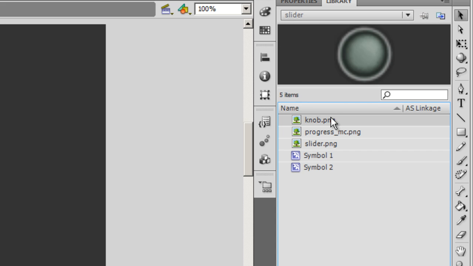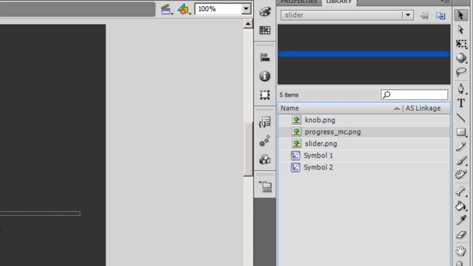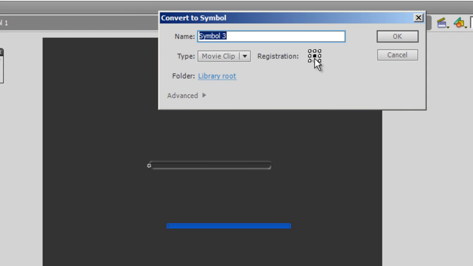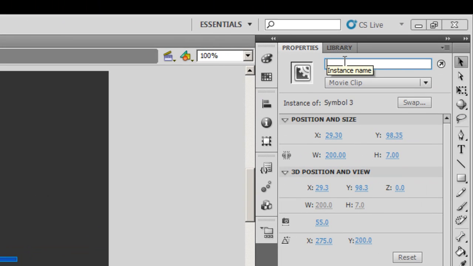Let me go back to the library. I would need the slider_mc PNG. Let me drag it out. Again, this object is 200 pixels in width and 7 pixels in height. I'll tell you why I need that. Let me select this, convert this into a movie clip symbol. Let me keep the registration point left middle. Let's say OK. Let me call it progress_mc,